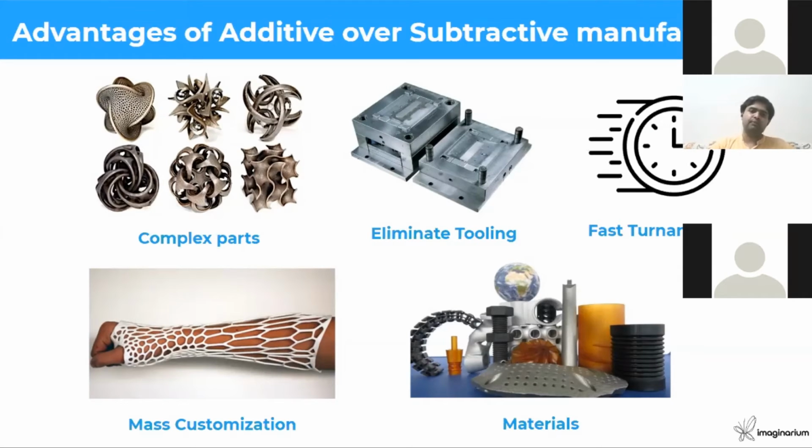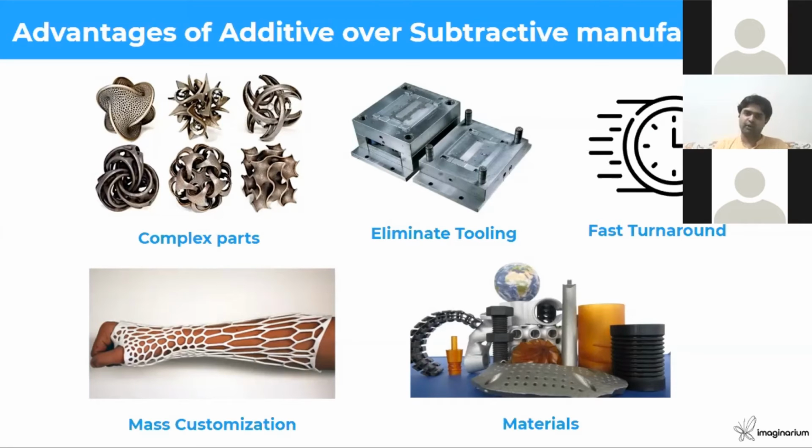But what if you have to make a few hundred parts? Even a simple part, to be manufactured with the help of injection mold tooling, may take anywhere between 25 days to 40 days, or even 2 months if it is a complex part, to make the tooling in the first place. So for example, you get an order and you have to produce a part from an injection mold. It may be that you will get the first part in hand after 45 days or even 2 months, depending on how complex the part itself is.